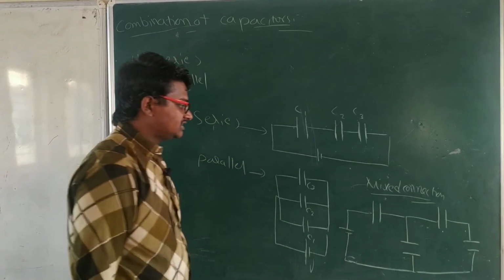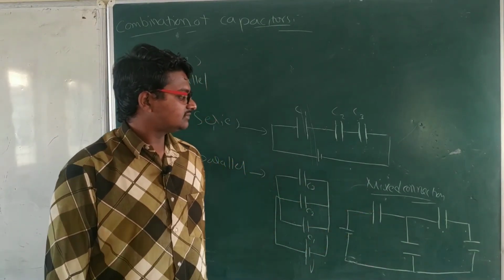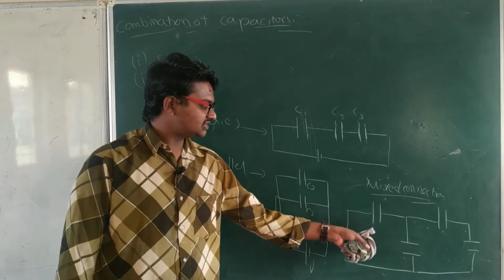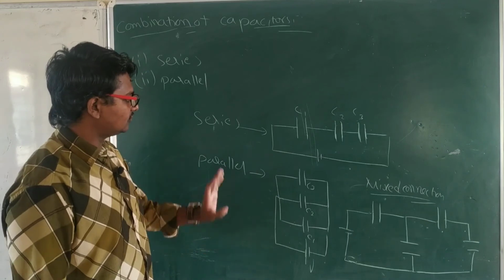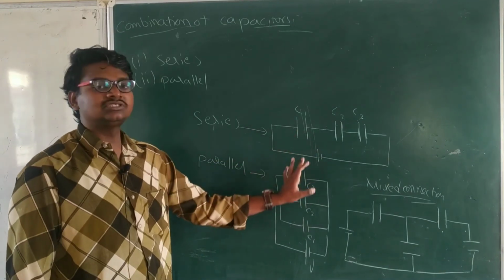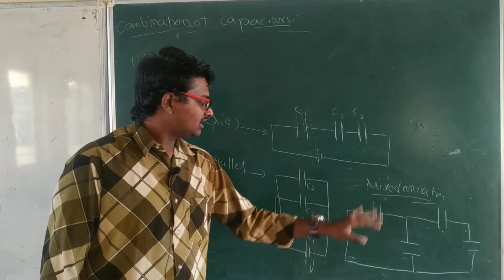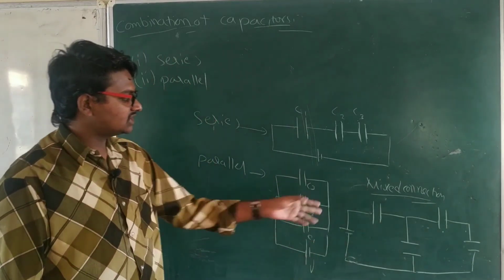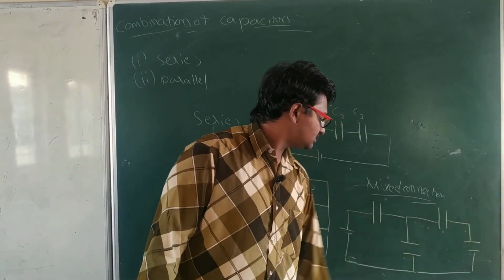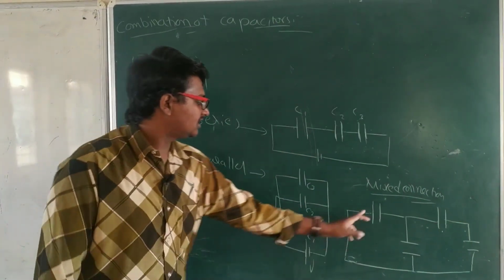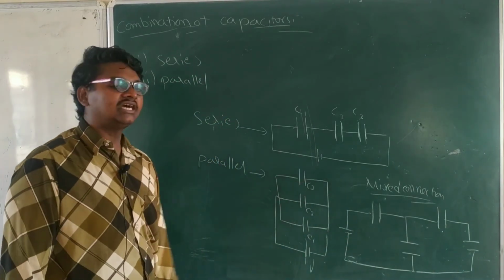About these mixed connections we will study in circuit theory, and in the present topic also we will study this mixed connection and how to solve such circuits. These are all called capacitance circuits. Here 3 capacitors are used, here 4 capacitors are used, and in this situation these two are in series connection and these are in parallel connection, but the whole is a mixed connection.